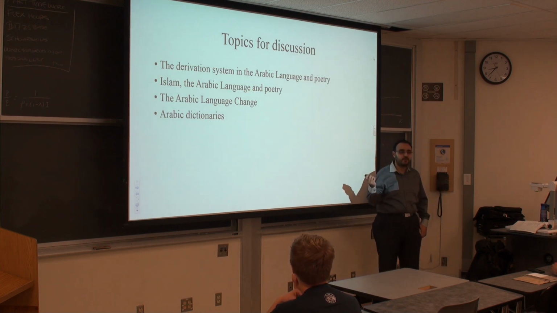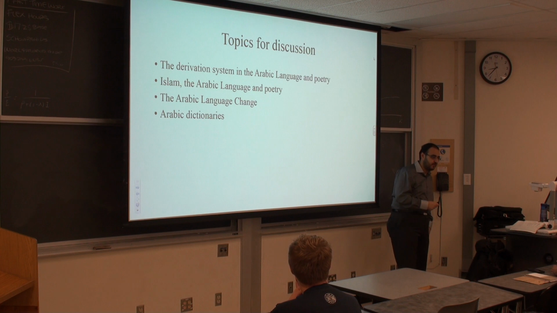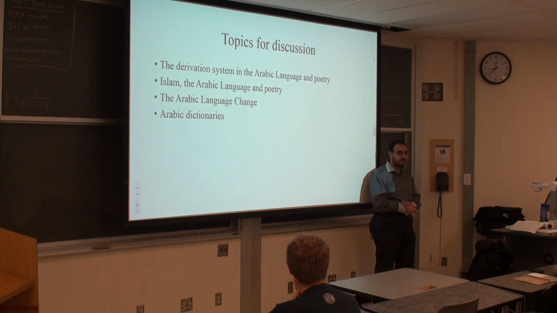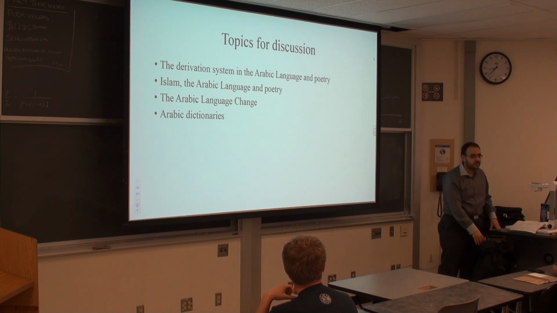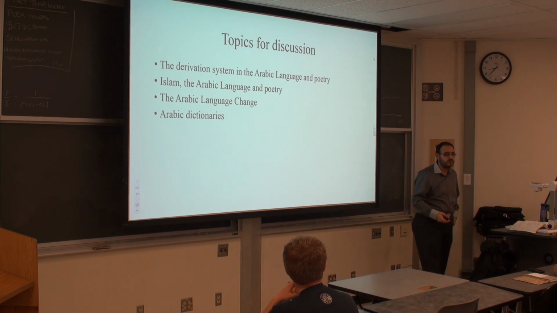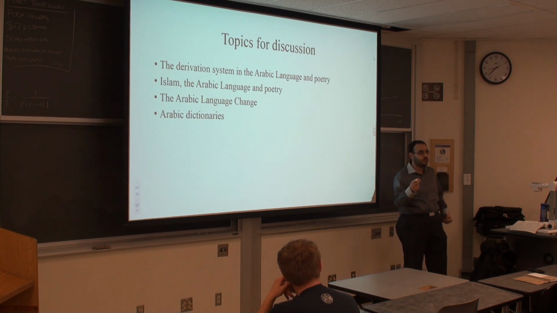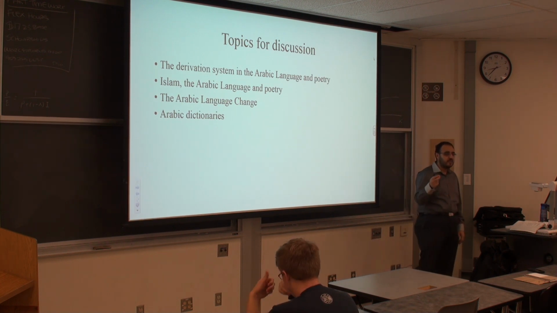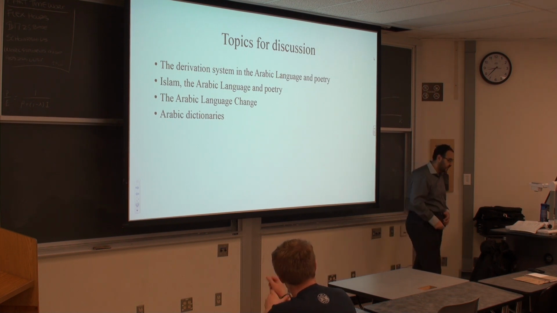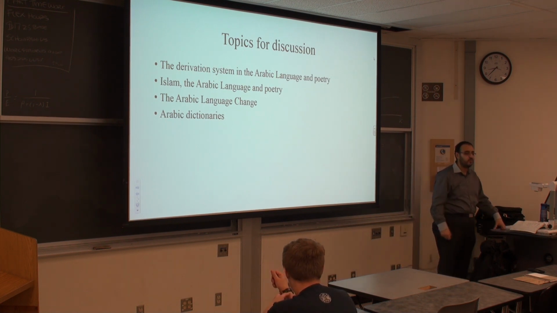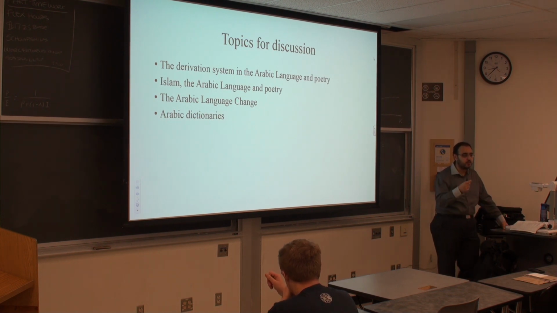Arabic dictionaries are not grouped according to the word. First of all, there are two differences between Arabic dictionaries and English dictionaries. In English dictionaries, how do you look for any word? Yeah, alphabetically, looking for the word itself. You will not try to guess anything out of the word to look for it. And other than that, what do you usually see next to any English word in the dictionary?